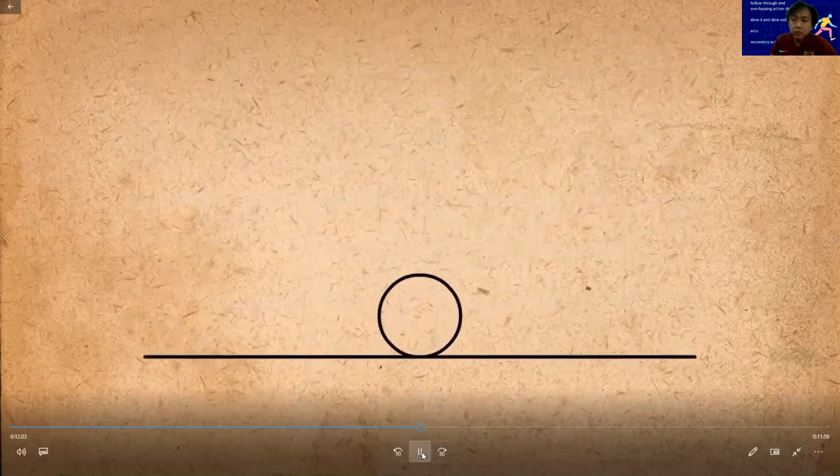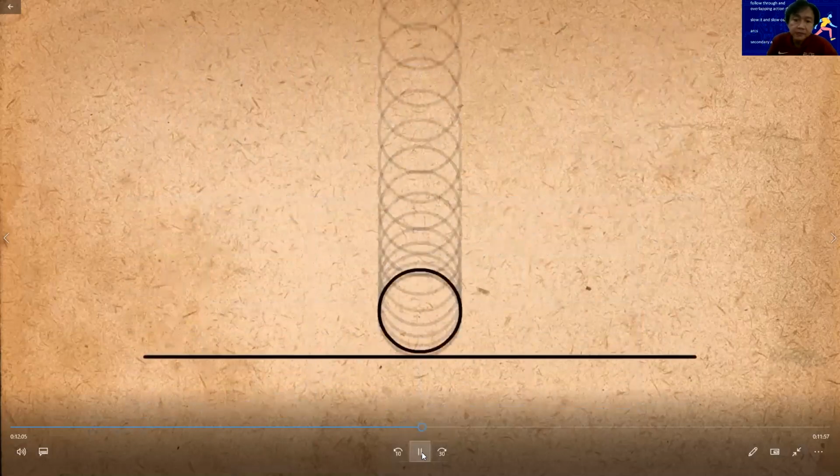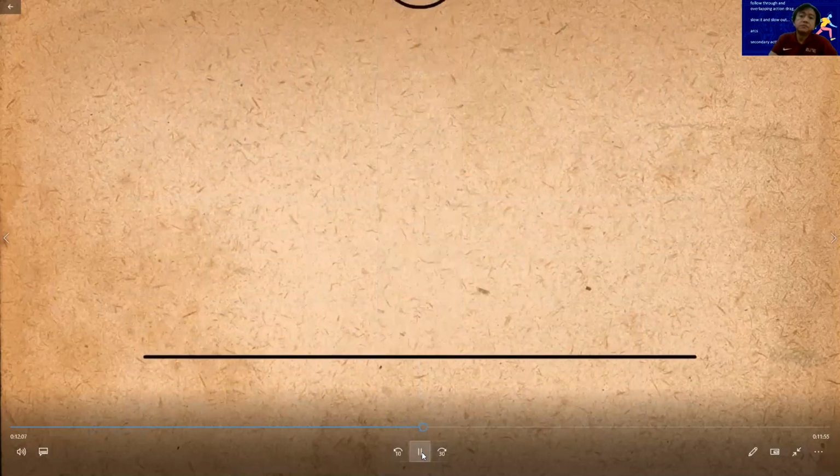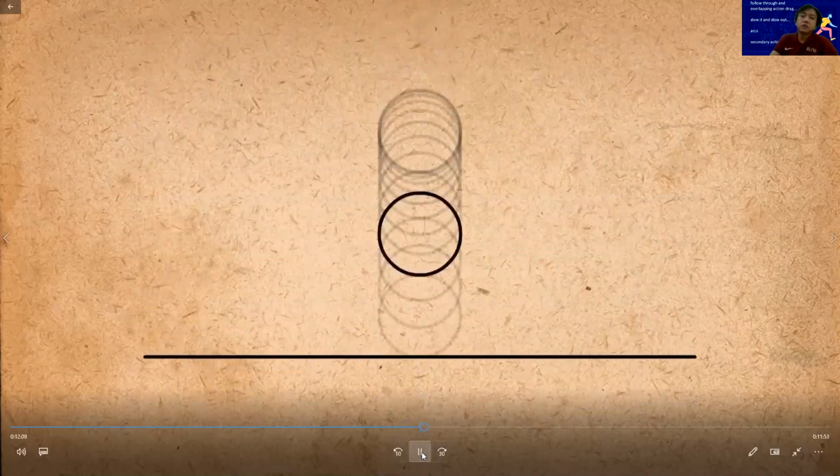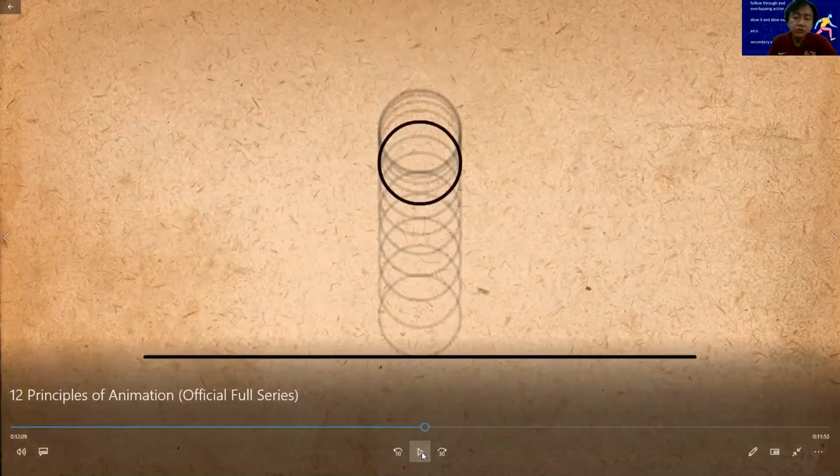Use it wisely. For example, you wouldn't add a slow out to a bouncing ball as it's colliding with the ground, but you would add it as it's bouncing back up. Now notice,